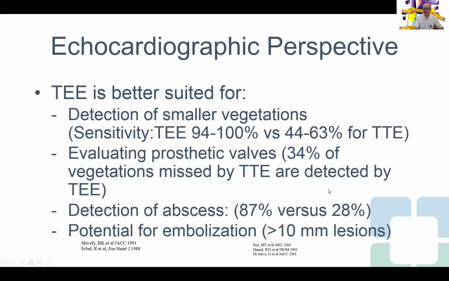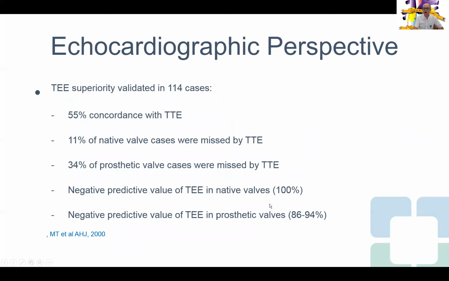Detection of abscess by transthoracic echo is very limited, probably less than 1/4 of the patients, whereas in transesophageal echo it is high up in the 80 to 90% of the patients. And finally, potential for embolization. It's very hard to measure these lesions on a transthoracic echo, and we know that the size of the vegetation correlates very well with the future